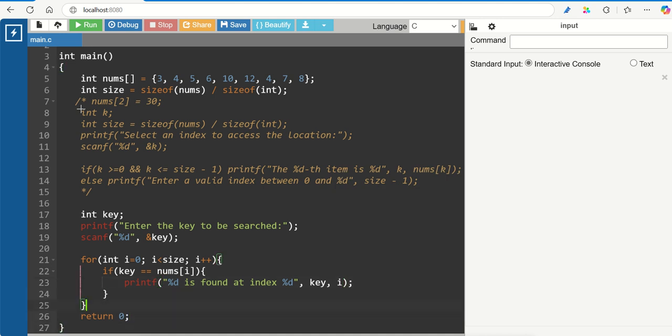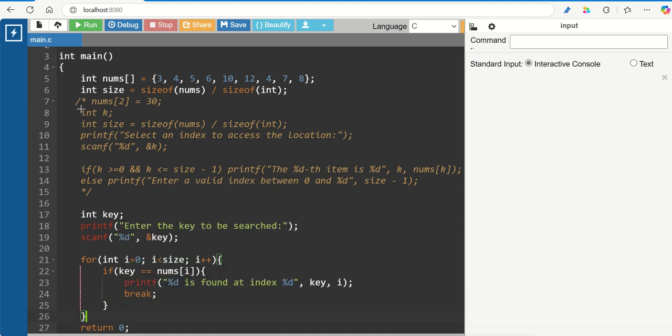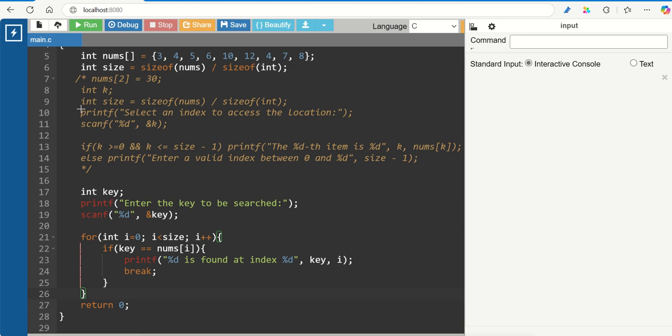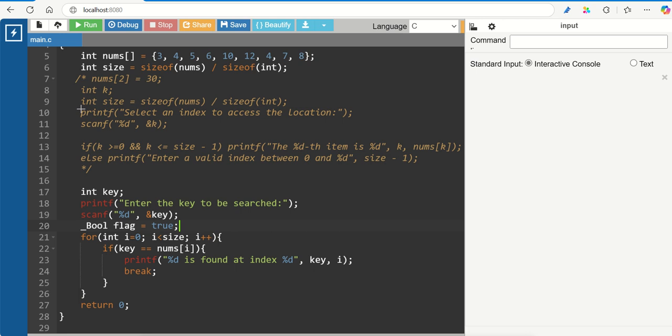And if it is found, once we are done, no need to check further, immediately we jump out from the for loop. Okay, so if it is not found, how can I inform that? If it is not found, I need to use some flag over there. So let us take a flag. Okay, so bool flag equal to true initially. If it is found, it will become false,